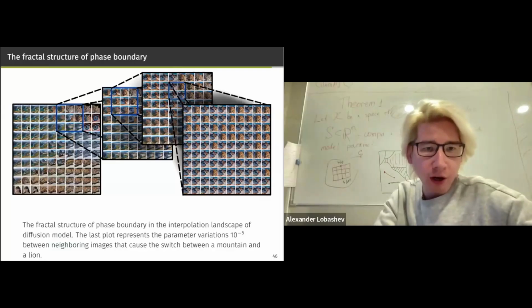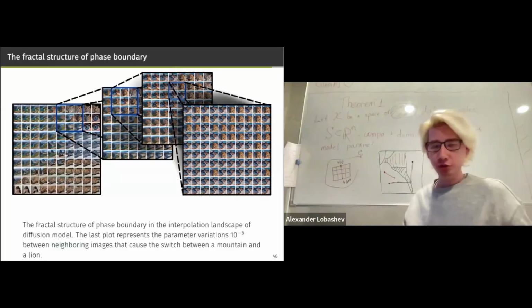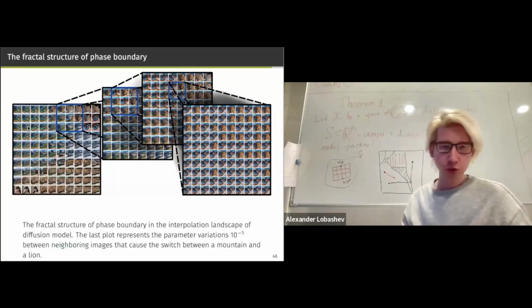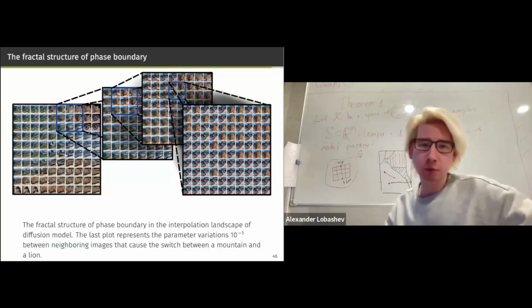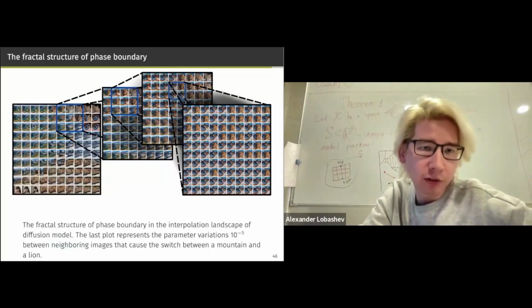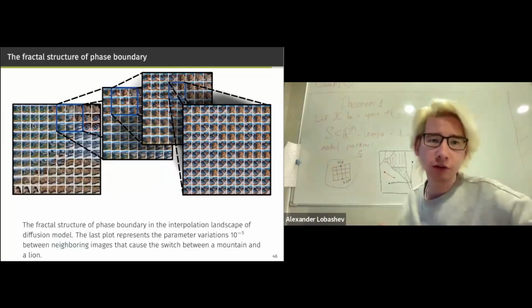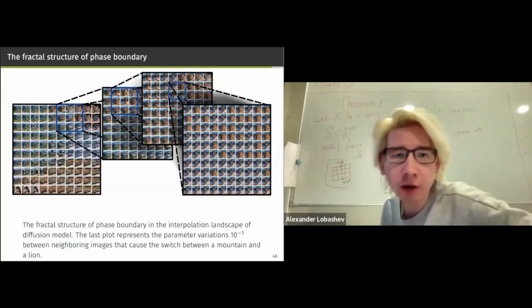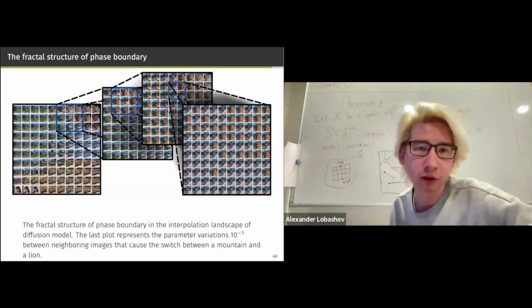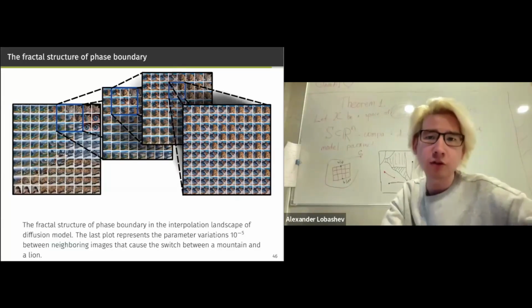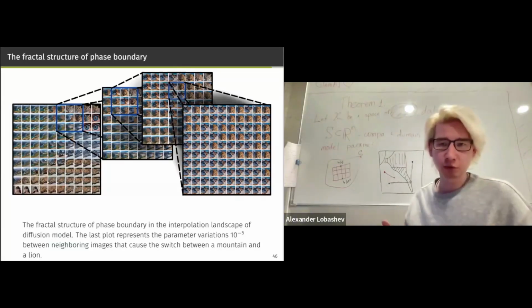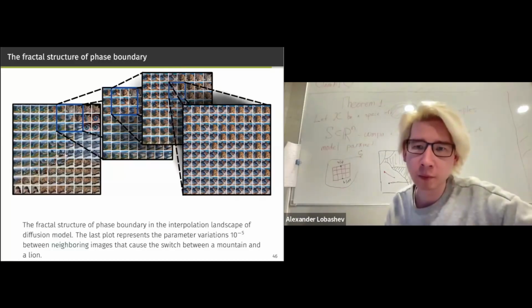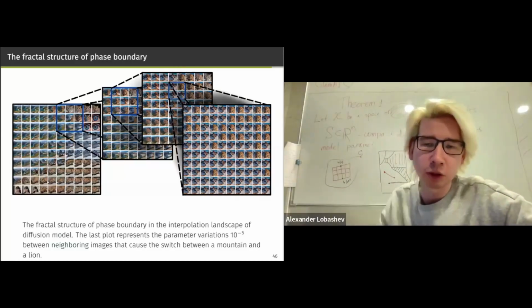But actually, there are a lot of regions in this latent space in which small changes don't lead to such dramatic changes. Inside a single phase, you can see that everything is approximately smooth. But the interesting point is that near the boundary, this gives rise to some fractal boundary between